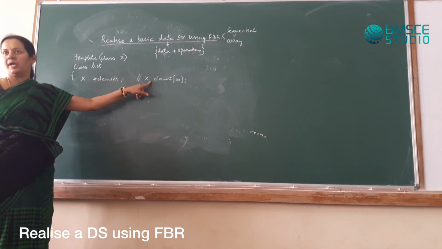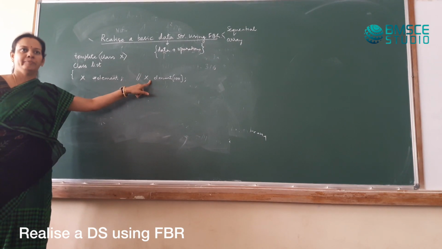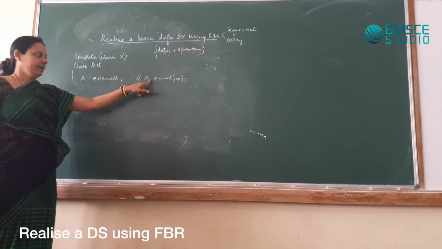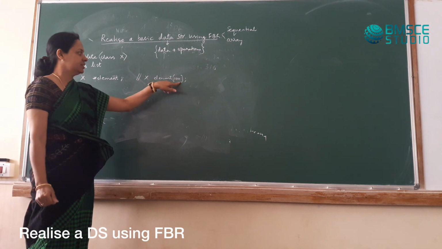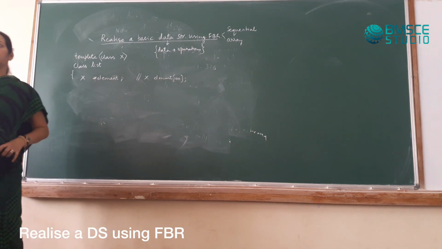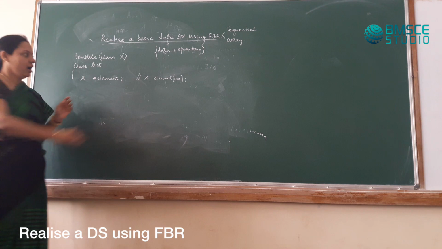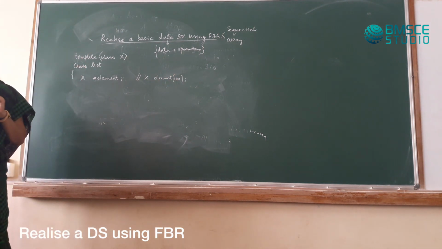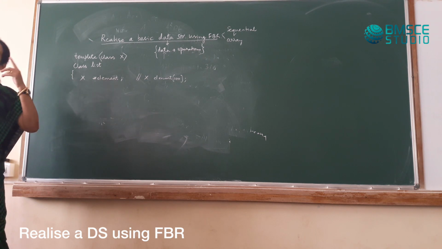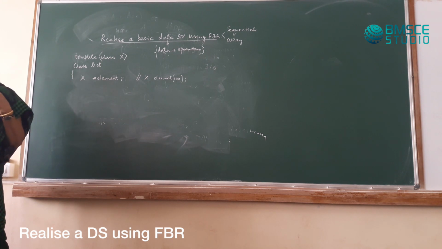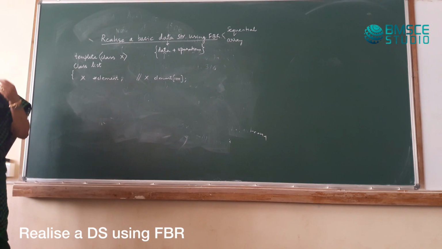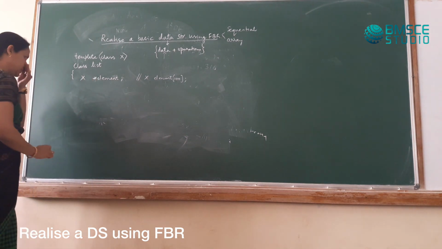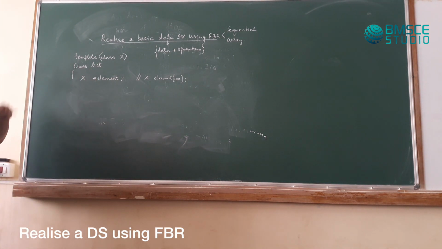If we do it this way, it's not optimum. Okay. And if we do it this way, I am deciding for the user how much memory is to be set aside. We will not do that. We will let the user tell us how much data is to be stored. Based on that, we will choose the array size. Is that clear?